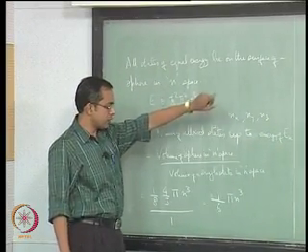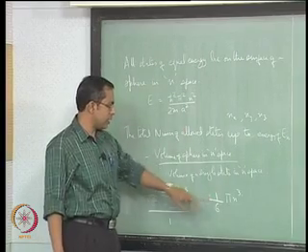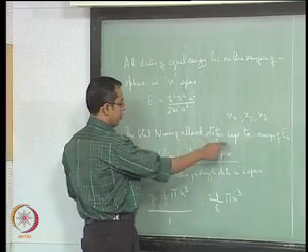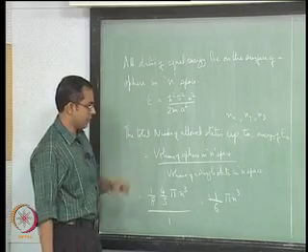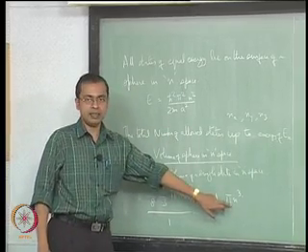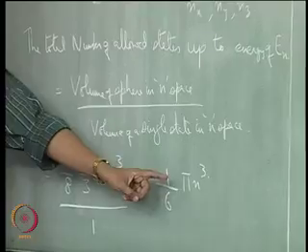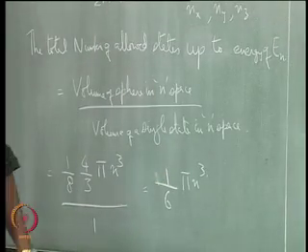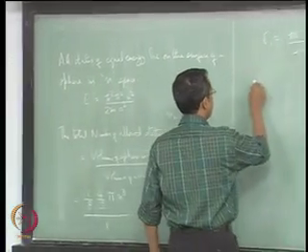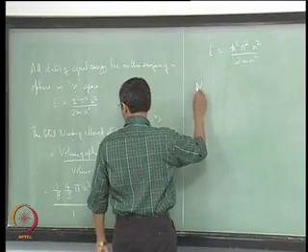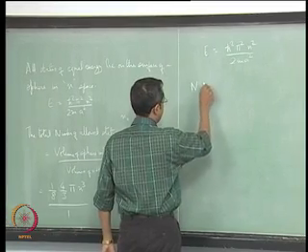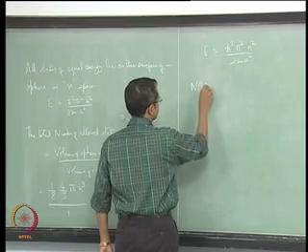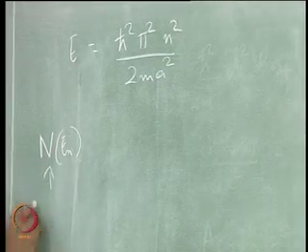If you use the previous relationship and substitute here, we will have a relationship between the number of allowed states up to an energy value E n and the energy, because we have a relationship with the quantum number, and the quantum number and energy relationship is there. So we will just substitute that. So n, which we will call n of E n, the number of allowed states,